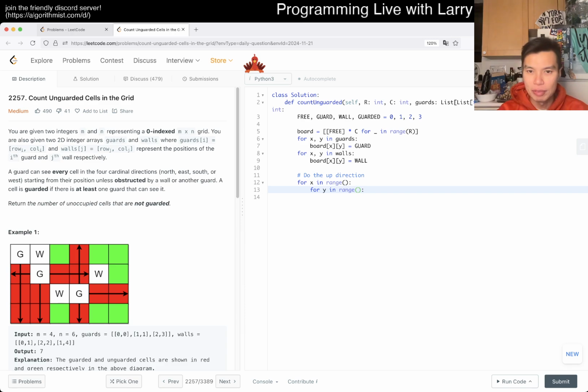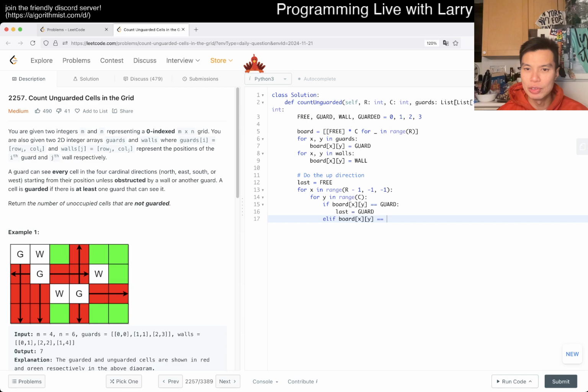So here you can go for y from, you know, to C. Here we probably want bottom up, so we do -1, -1, -1. For me, bottom is going to be higher on the x scale. You could write it however way, because you have to do all 4 directions, so the direction for this particular problem doesn't matter as much. Anyway, then here maybe last is equal to 3. And then if board of xy is equal to guard, then last is equal to guard. Else, if board is equal to wall, then last is equal to wall. Otherwise, then now,